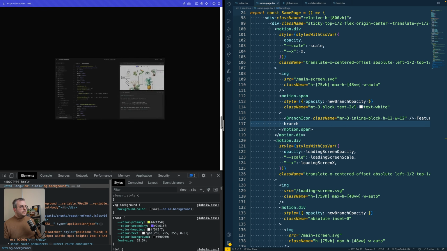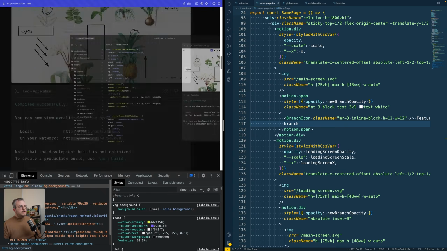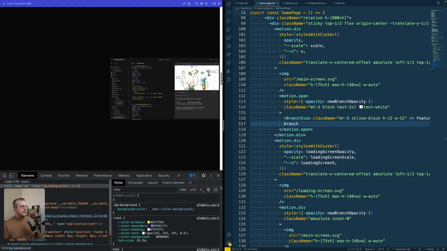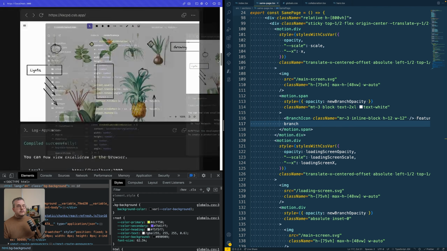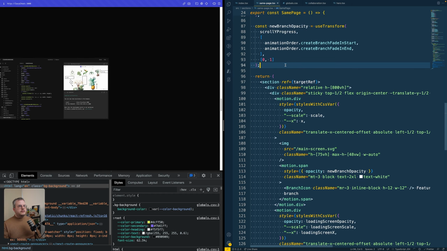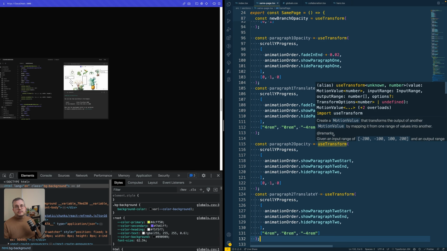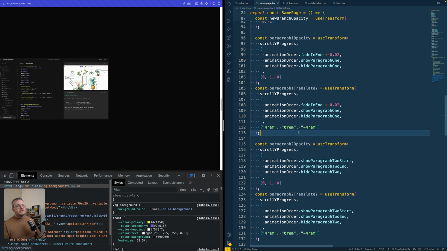But before we start scrolling down even further, there's a few more things we need to do, and that is making sure that the text on the left and right side becomes visible as well. So for those texts, I created 4 more transforms. And I told you, this is quite a big animation. But if we just look at them one by one, I think they are doable, because both of them have